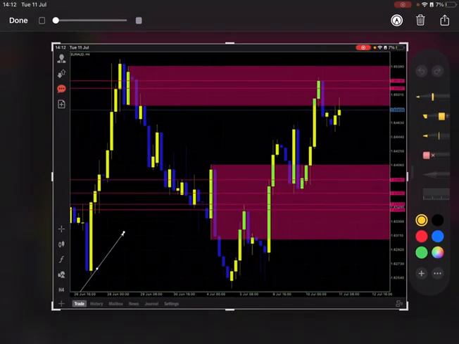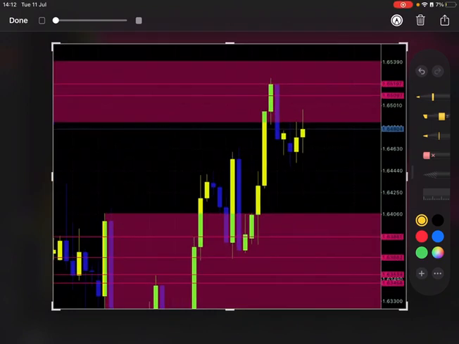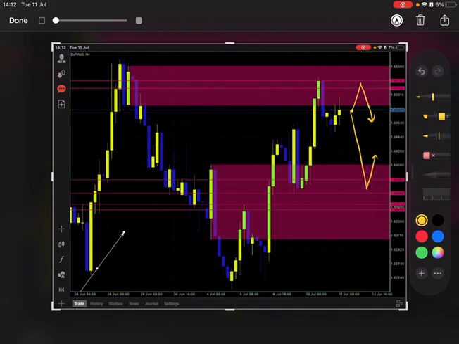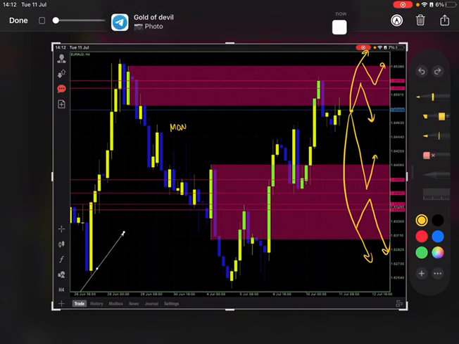Okay, so this goes for all the zones that I always mark. If it does not respect it, then we wait and look for the opposite direction. All right, if it respects, then we can catch a buy and a sell from our key levels. But if it doesn't, we wait it out. Okay, so what do you do? Since these are H4 zones, monitor